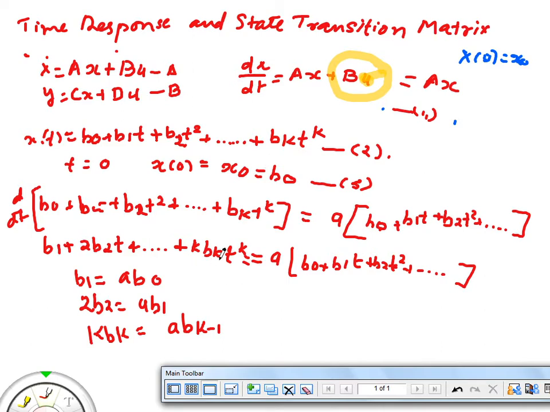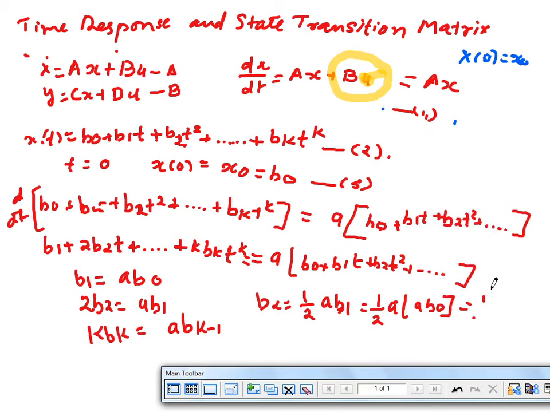Okay, so we have got the value of b1. Similarly, I can get the value of b2 from this equation. b2 is equal to 1 by 2 a into b1. I will put the value of b1 over here. What is b1? b1 is equal to a into b0. So my final equation will be